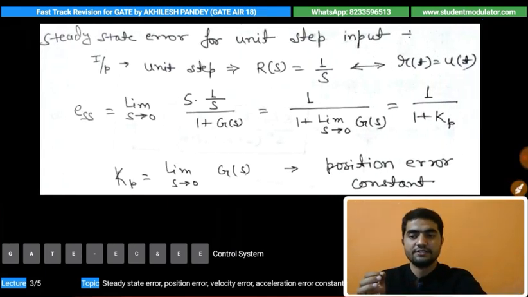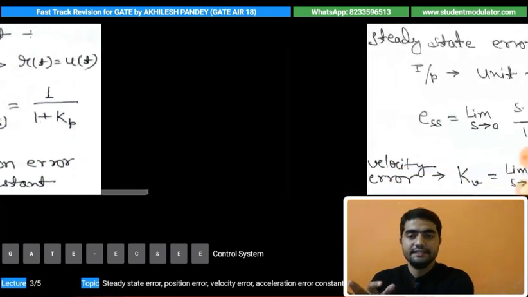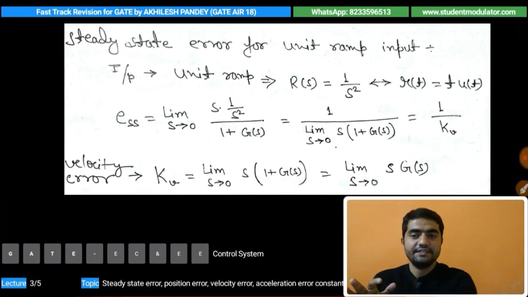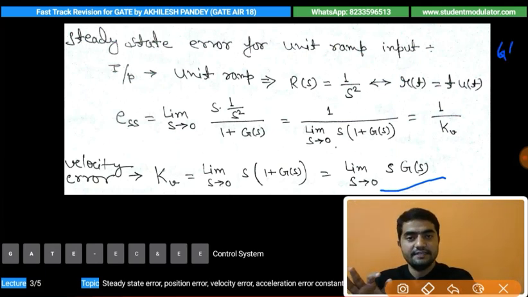The position error constant is limit s tends to 0 G(s), and here we can see that the velocity error constant is limit s tends to 0 s into G(s). So the basic difference between the two formulas is that here we are multiplying with s, and there we are directly applying that limit. When we talk about G(s), it is the same in the time domain as g(t). But when we talk about sG(s), in the time domain we write it as dg upon dt,